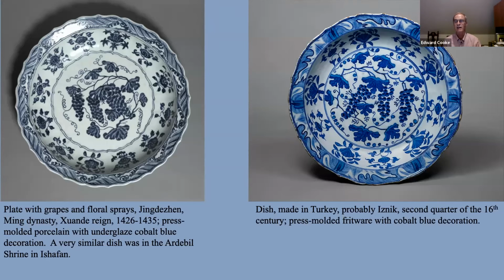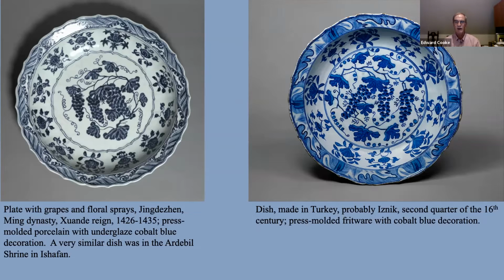These are the 2 great ceramic centers producing blue and white wares. And you see a Qingdechen plate on the left with a bunch of grapes decoration, the ways in which a probably Iznik pottery is producing the blue and white piece on the right that speaks to